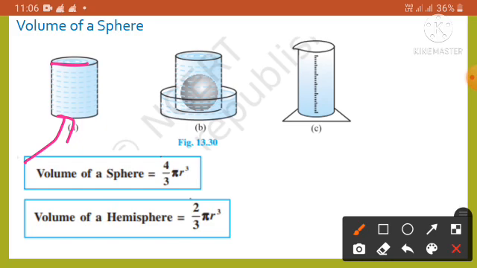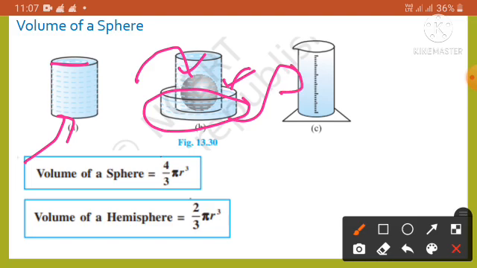Now carefully place one of the spheres into the container. Some of the water from the container will flow into the trough in which it is kept, as shown in this figure. So carefully pour out the water from this container into a measuring cylinder and measure the water overflowed.